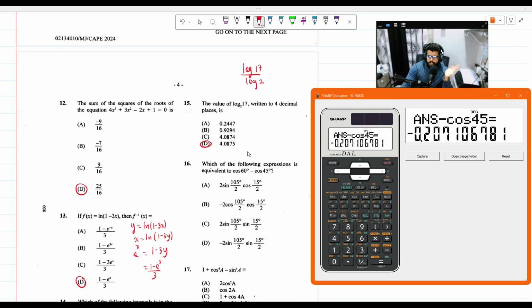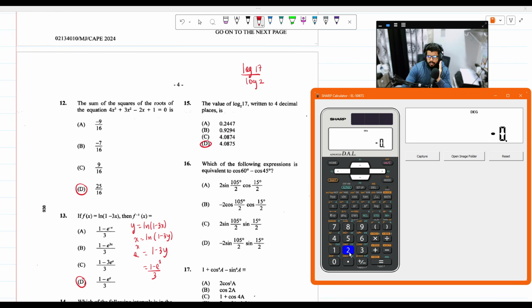So we're going to check minus 2 cosine of, what is that? I will leave it as 105 over 2, yes? Minus 2 cosine, open brackets, 105 on 2, multiplied by cosine, open brackets, 15 on 2, equals,